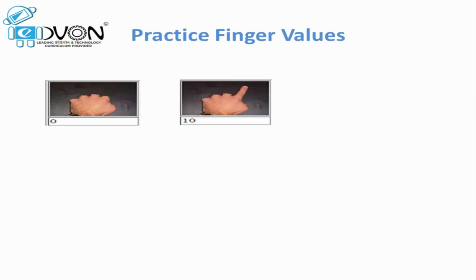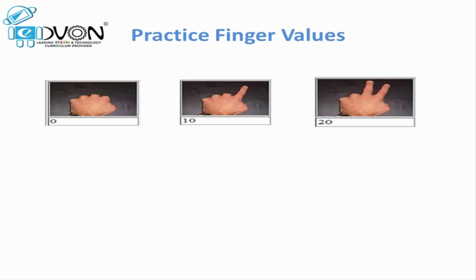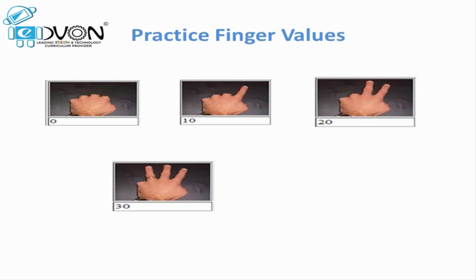Let's practice finger values for tens. Make a punch and place your left hand on any flat surface. Punch represents 0. To place 10, we will open one finger on the left hand. For 20, we will open 2 fingers, that is pointer and middle fingers are open. For 30, 3 fingers are open. And how do we represent 40 in finger maths? We will open 4 fingers on the left hand. For 50, we represent 50 by our thumb on the left hand.